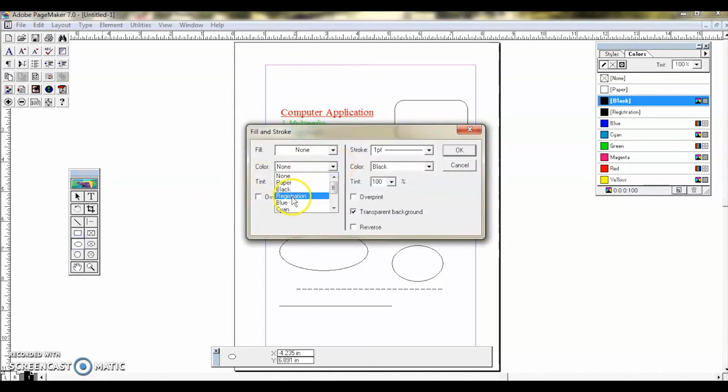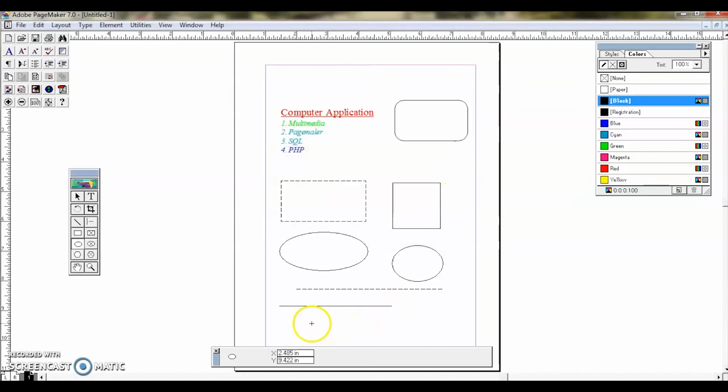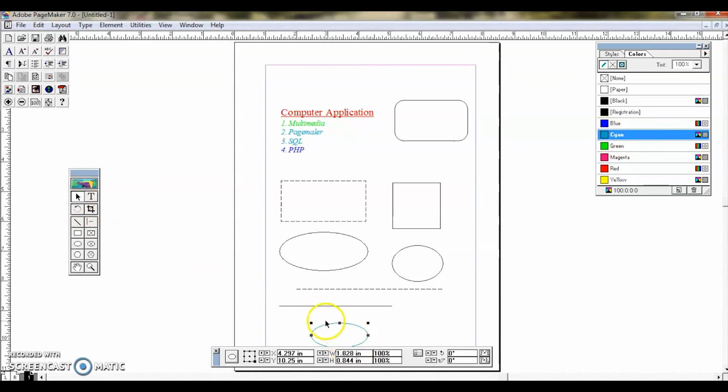Suppose I am giving blue and I am giving OK, and I draw like this, then this will be blue. Then I am giving cyan, and this will be with the blue color. Okay. So I think you are very clear with this.